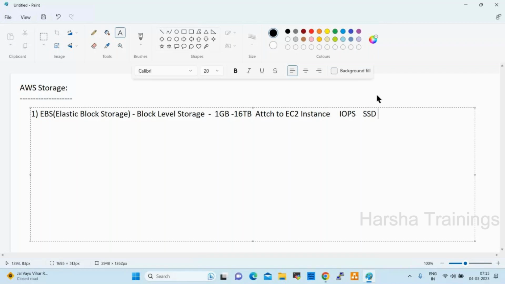So this is mainly for EC2 instances. We can create one storage and attach it to the EC2 instance. This is the first storage, which is very, very important. Second storage, we work on